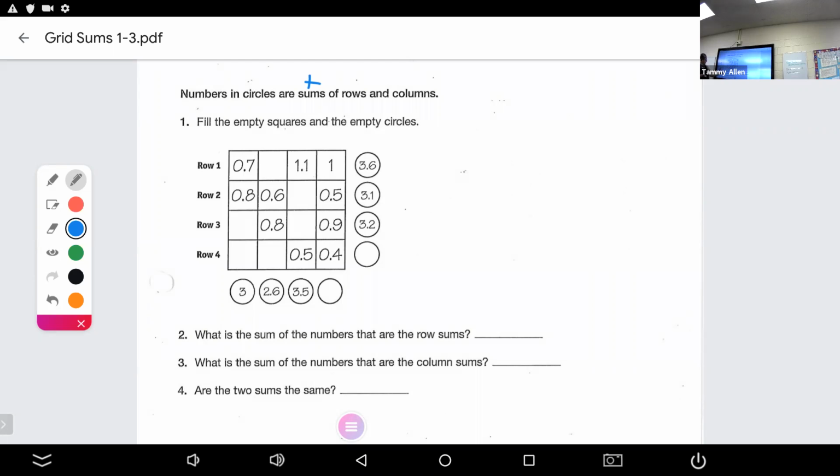So we eventually need to find the sum of the numbers that are the row sums, the sum of the numbers that are the column sums, and are the two sums the same? All right? So we're going to want to add all these together, and we're going to want to add all those together. Does that make sense? Okay? So when we add all these together, we put that amount there. And when we add all these together, we put that amount there. Does that make sense? Yeah. Okay. All right. So to get started then,